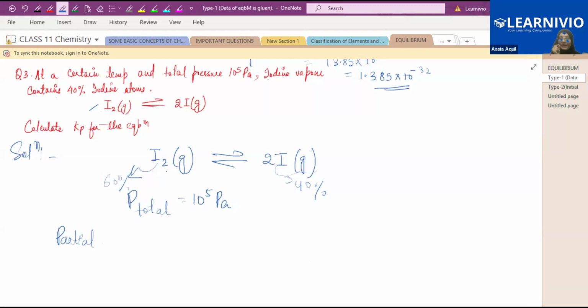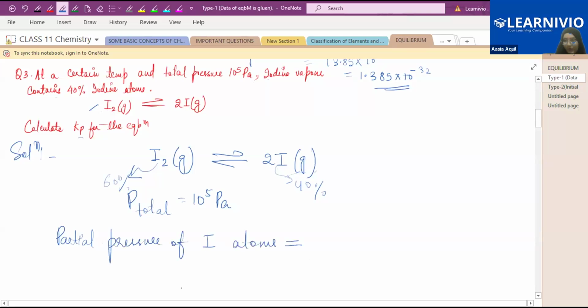Okay, we will talk about the Kp, not Kc. So we will talk about the pressure of the gases. That's why the pressure has been mentioned over here. So the partial pressure of iodine